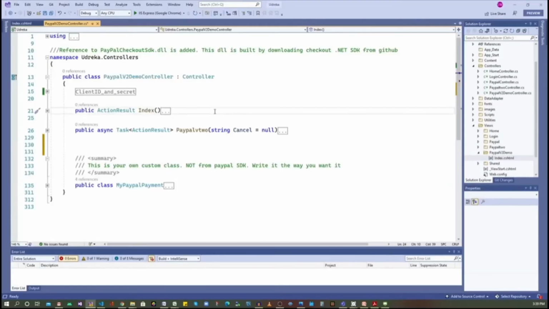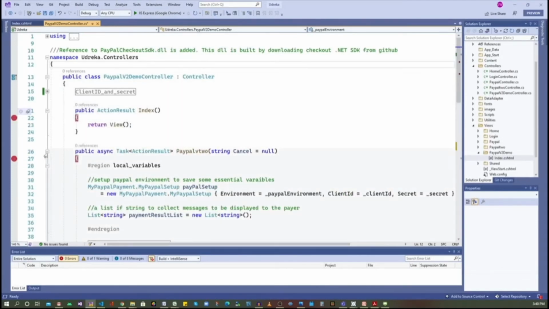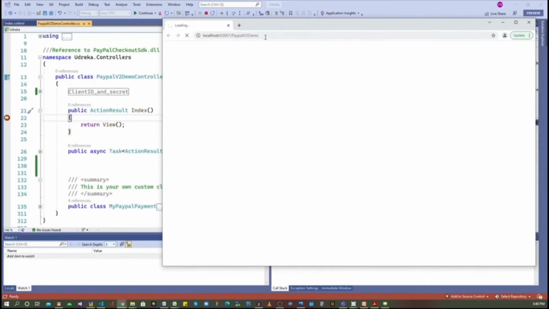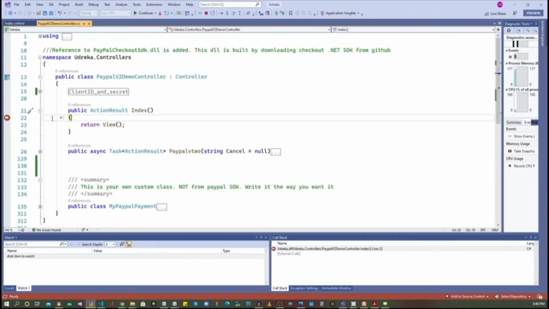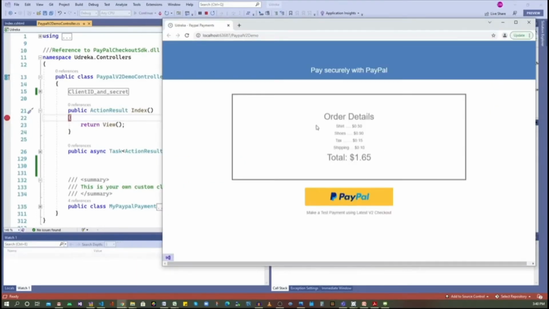Now let's debug it. I have already set the starting URL as this controller, so as soon as I hit go, we will hit the breakpoint here. Let me just check. Yes, we have set all the breakpoints here, so I can show you step by step. Let's run it. That's our web page. Our controller is called here, and that's our breakpoint. We are not going to do anything here, we are simply going to continue with the default view. Your shopping cart details will be shown here. PayPal. Let's click this.